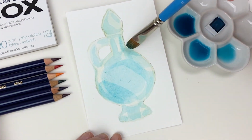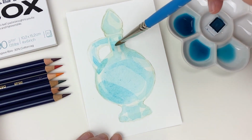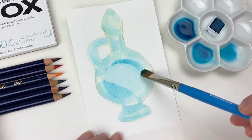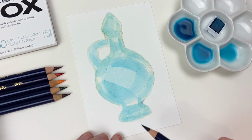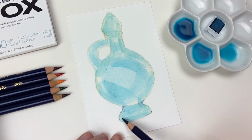Now depicting glass can be very challenging creatively, as you have to keep in mind lighting, form, and structure. So if you just want to relax this month or try something else, try taking some inspiration from our prompt, change. With my paper fully dry, I'm going to go back in with our peacock blue and emphasize some of